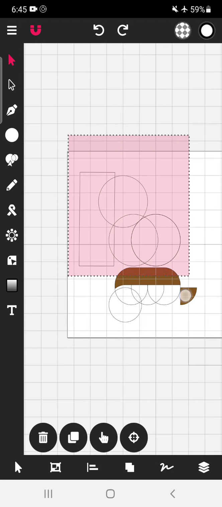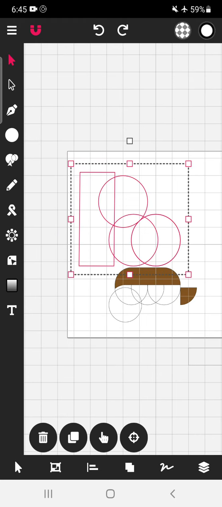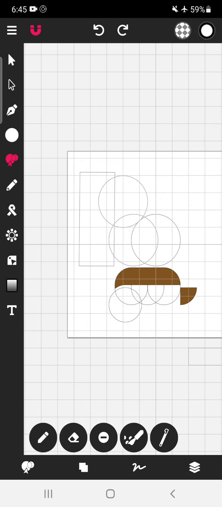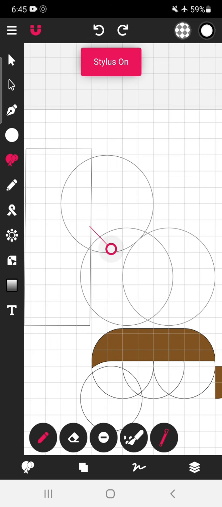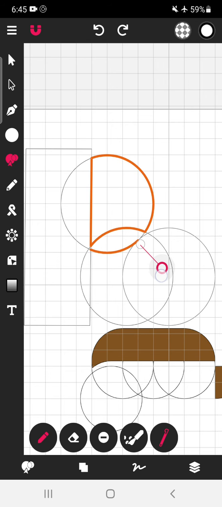So let's select everything. Go to shape builder tool, go to join mode. Now I will take the stylus and show you how it works. Okay, let's delete unwanted areas.